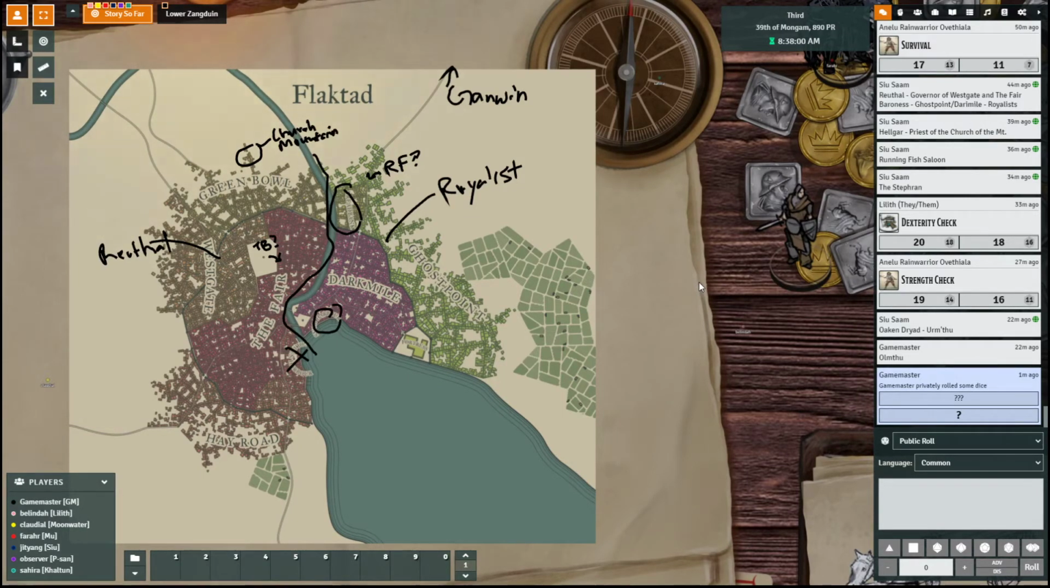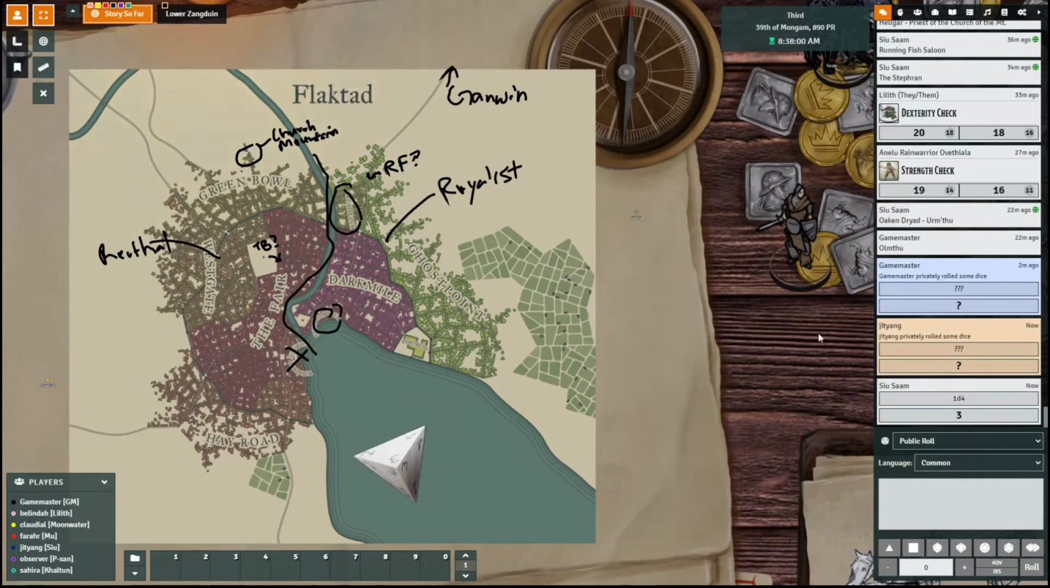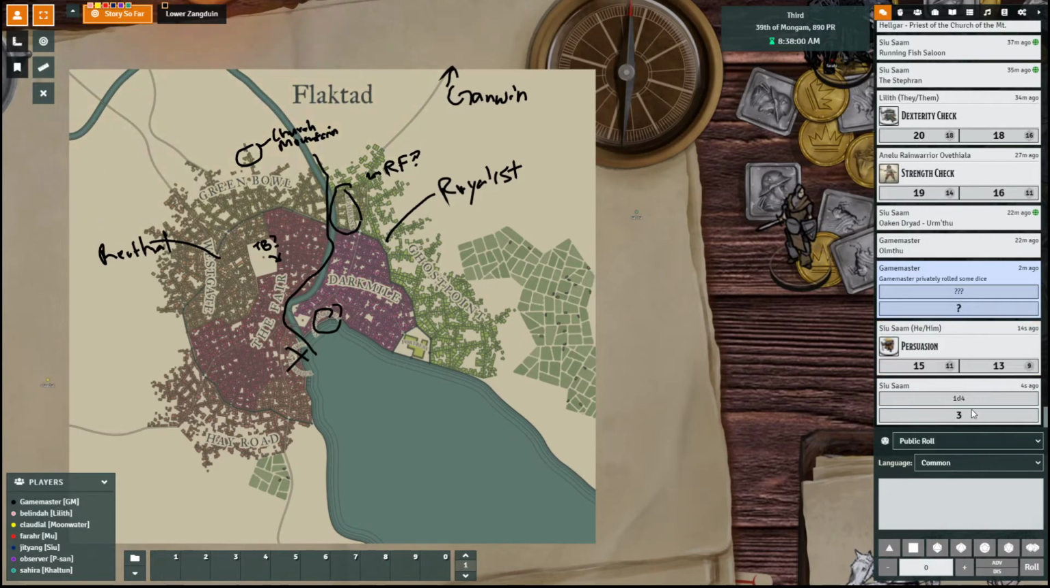Persuasion check. With advantage. Let's go. At advantage? Can I add a D4? Yes, please. Oh my god, privately. Nice. Okay. Nice. For a total of 18,